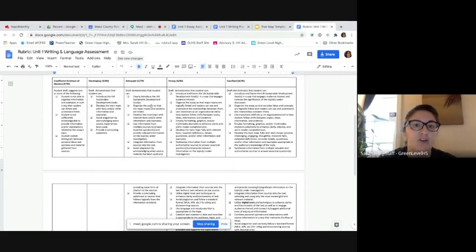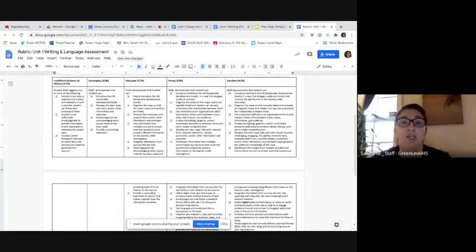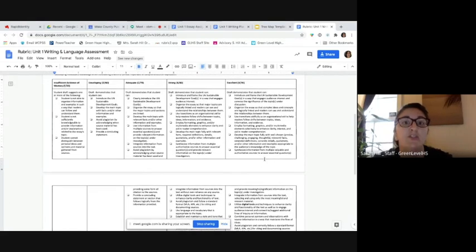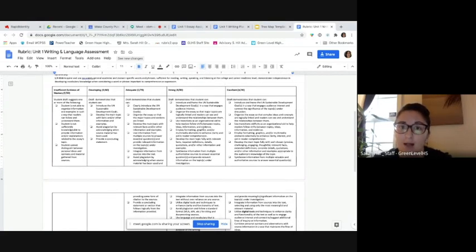You want to make sure that you've got all of these ones in developing, all of the adequate, all of the strong. Now, what happens if you've got all of the strong, but a couple of these ones in the excellent? Well, that's great, but you're not going to be excellent on your rubric because you have not mastered every single one of these things yet. So you will stay in the strong column.